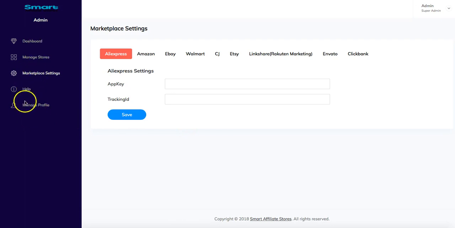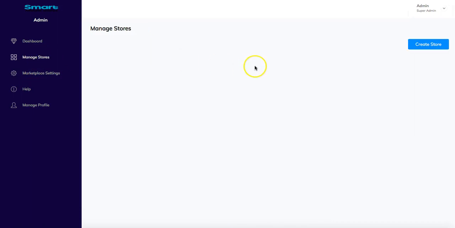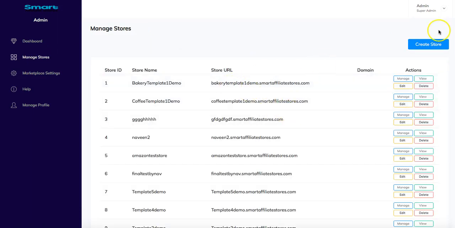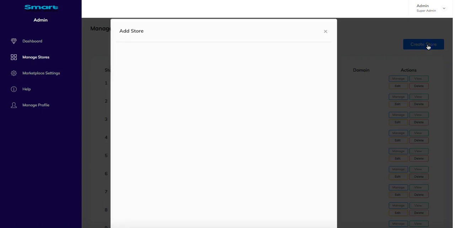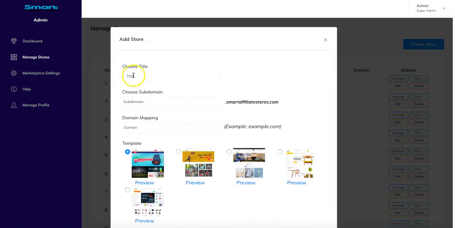Now I spoke about these two already, so let's move on to manage stores. Okay, now this is a place where all your new stores that you create will be showcased. So let me start with creating a store. Once you click on creating a store, you will have this option. So let me give a demo title. Let's say demo